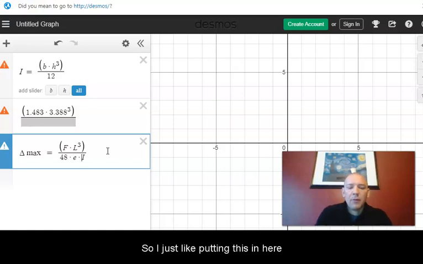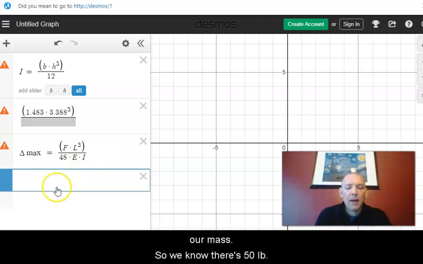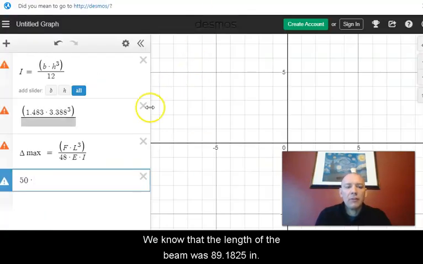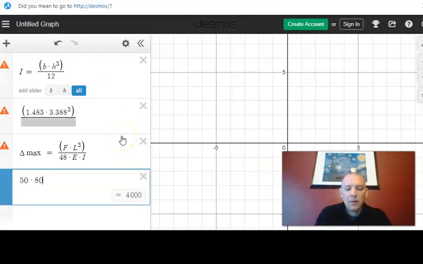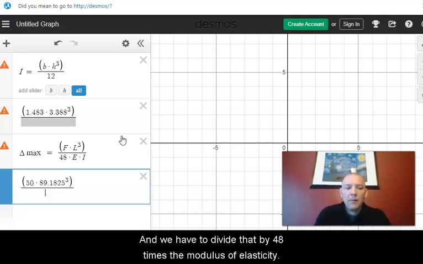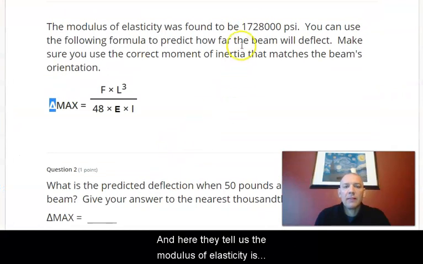So I just like putting this in here so we can see the formula, and then we're going to use our mass. So we know that there's 50 pounds. We know that the length of the beam was 89.1825 inches. And we have to cube the length. And then we have to divide that by 48 times the modulus of elasticity. And here they tell us the modulus of elasticity is, how do we read this number? It's